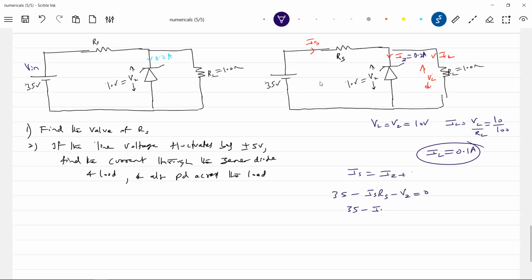IS equals IZ plus IL. From that, I'll get the IS. The value of IS I'll substitute. So then here RS will be